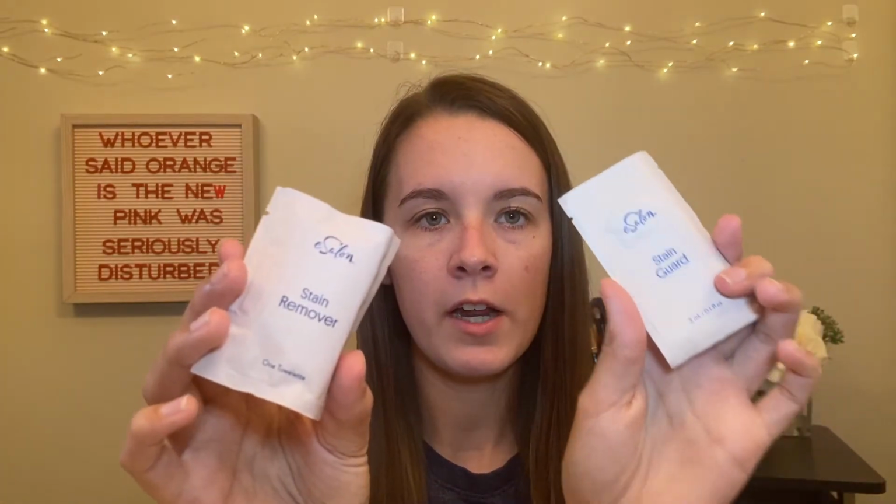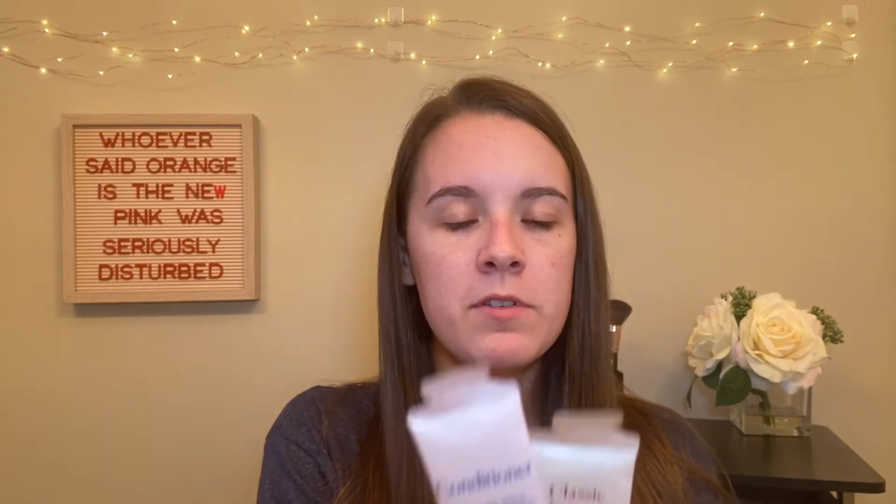And they send you still a stain guard and a stain remover, and samples of their classic shampoo and conditioner. And this is the shampoo I was talking about that I bought and currently use. I really, really like it. And then finally they send you 2 latex gloves, which I like because Overtone sends you these weird plastic ones